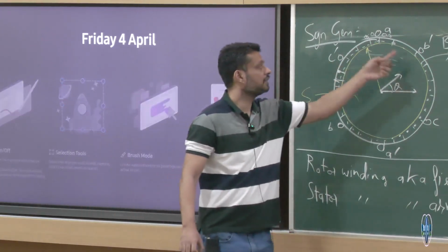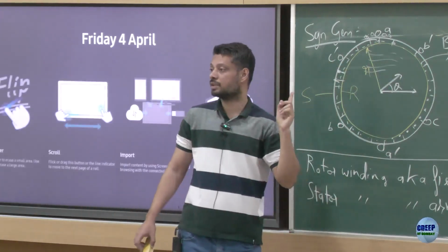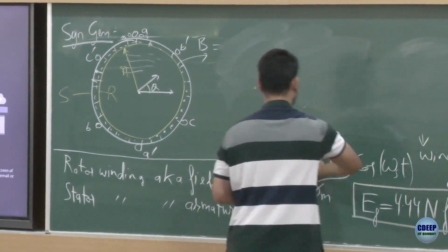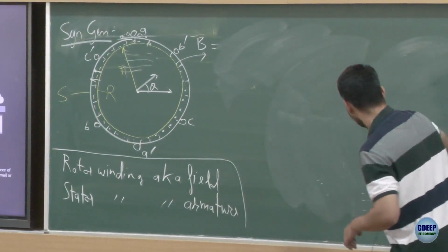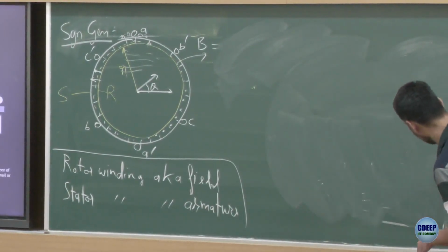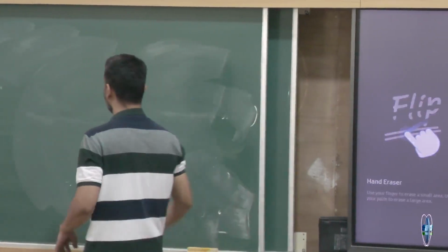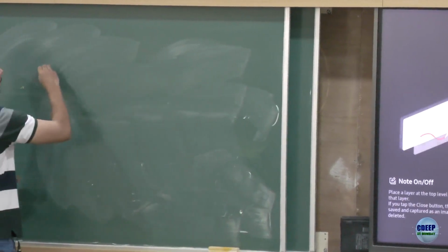How do you achieve sinusoidal flux distribution over space? Let's just look at it, it will not take much time. There are two methods of doing that. One is using a salient rotor, the other one is using a cylindrical rotor. So if you are using a salient rotor,